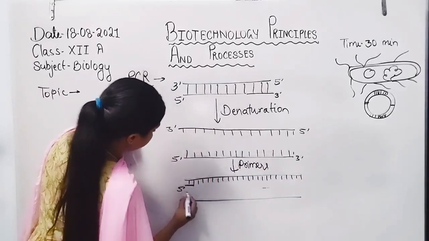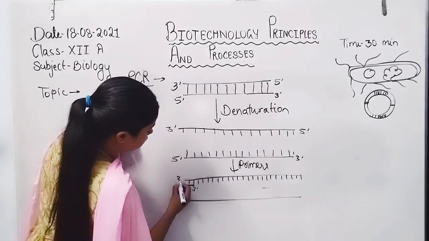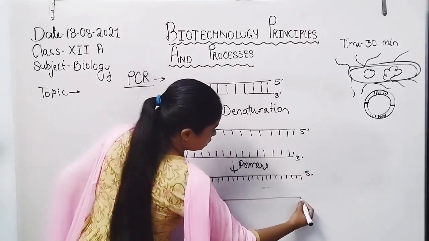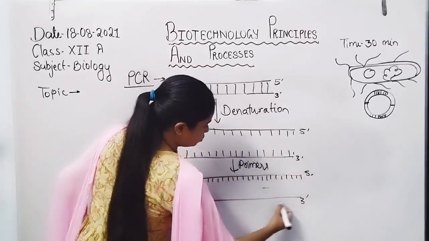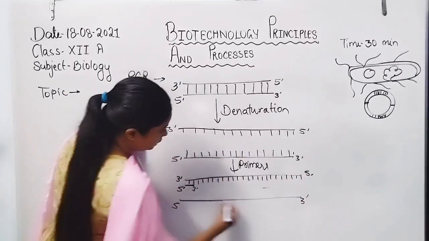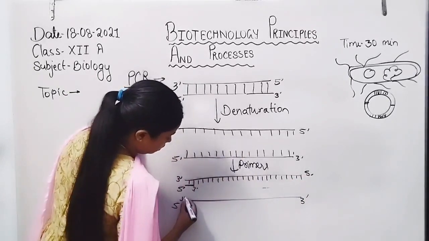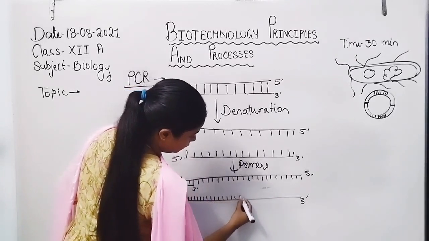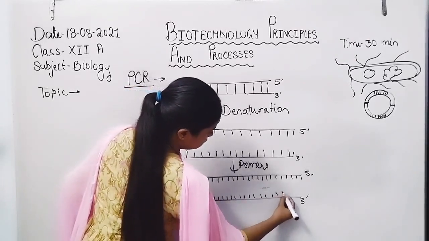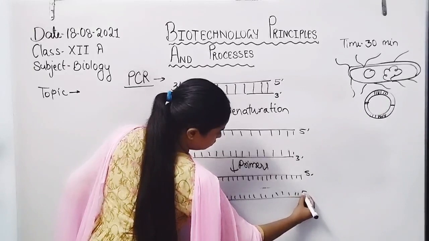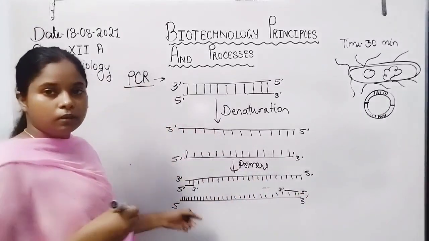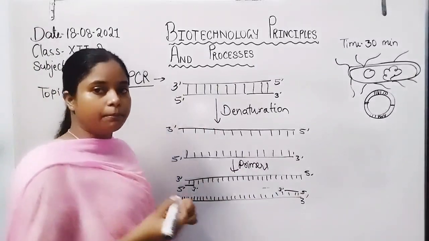From 5 prime to 3 prime in direction, because this is the 3 prime to 5 prime in direction, that's why. Now because this also represents the 3 prime to 5 prime direction, the DNA primer, RNA primer gets added at this region, so in the direction of 5 prime to 3 prime. Now the last and final step is the